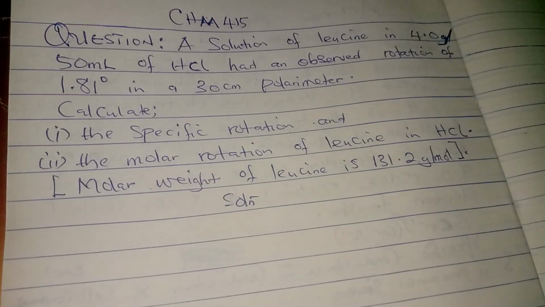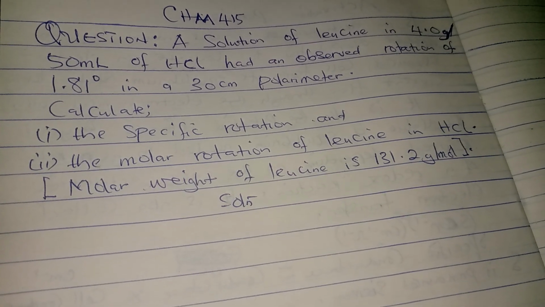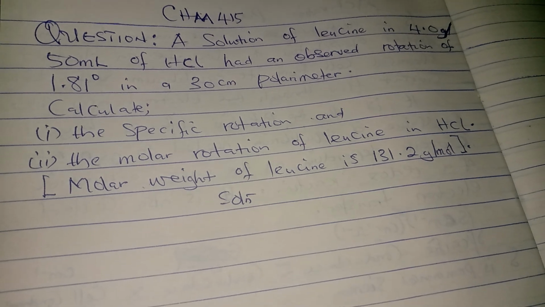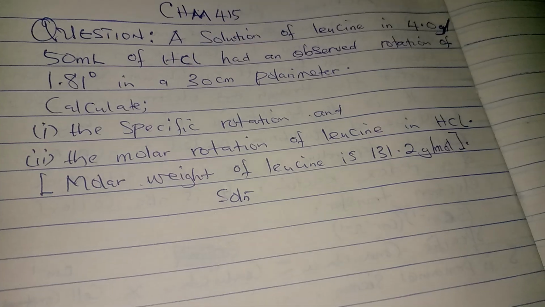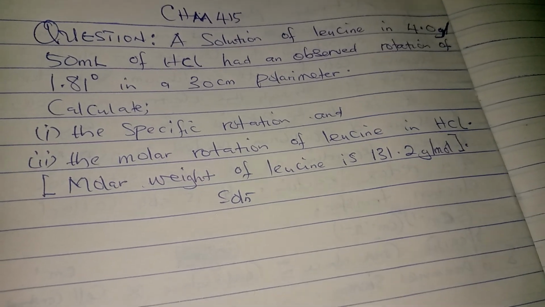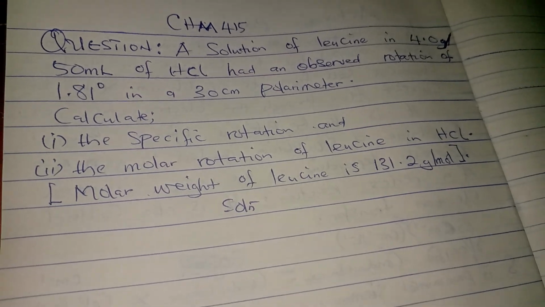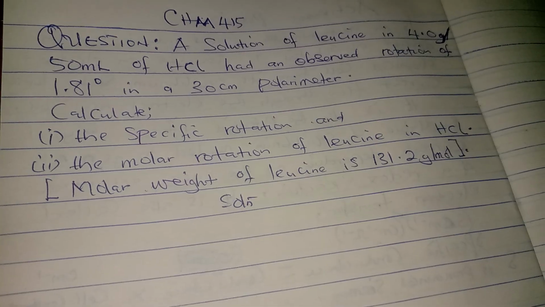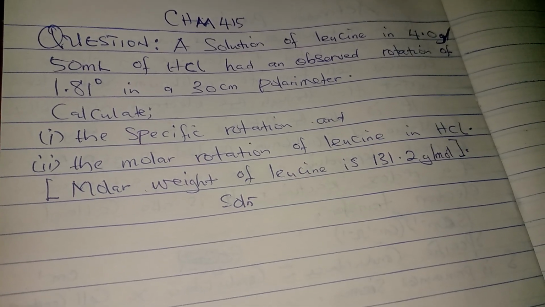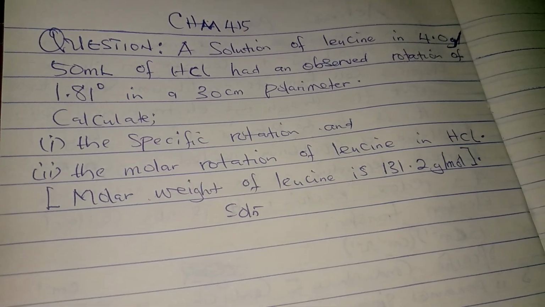Okay, now let's interpret the question. The question says a solution of leucine in 4.0 gram per 50 ml, which is milliliter. Now, this is gram per liter. That means you have been given the mass to be 4.0 gram, and you have also been given the volume to be 50 ml. So now, as a chemistry student, you should know that